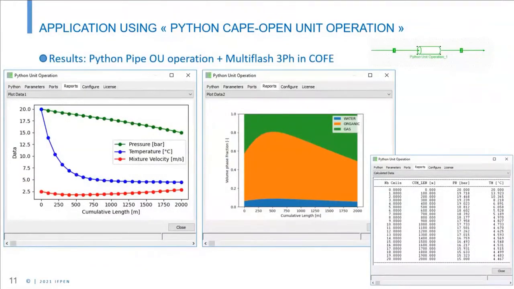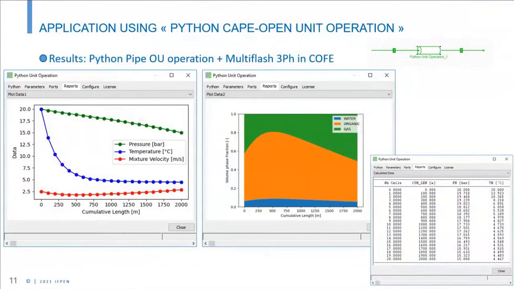So we can go to the next slide. Okay, so this is a view of the report available in the GUI of the Python unit operation. So it's possible to have a view on the left of the pressure profile, the temperature profile, and the mixture velocity profile.